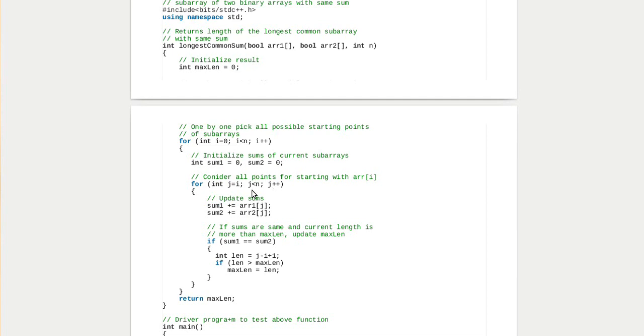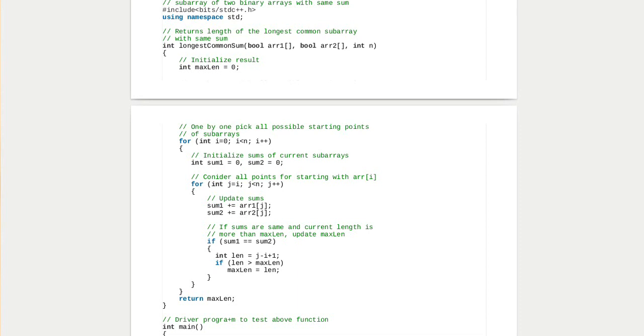So for every iteration of the inner loop, we are considering a subarray i comma j, a subarray that begins at i and ends at j, and for that subarray we are calculating the sum, and after doing that calculation we are checking if the sums are equal or not. Whenever we see that the sums are equal, we count the length of that subarray and compare if that length is greater than the previously recorded maximum length. If it is, we update it.